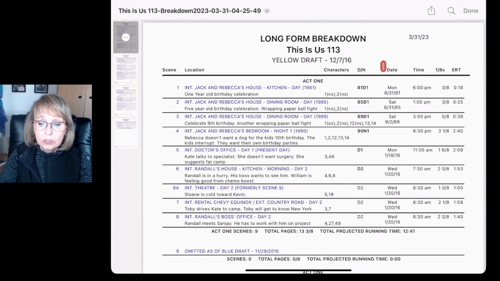You want to make sure that the date is correct, because again, with wardrobe, if the date is wrong, say you have it happening in July, and wardrobe says, no, I already talked to the director and he wanted it to happen in December. Well, that's a big difference in wardrobe. Are they wearing coats or are they wearing shorts? So that's very